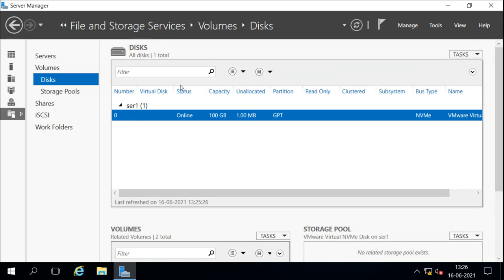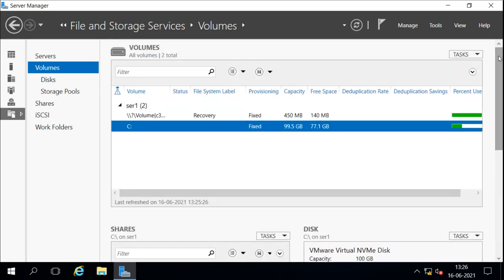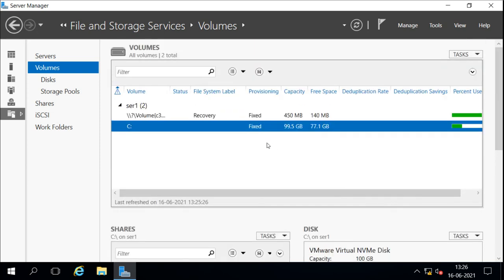For example, suppose we have these volumes here, we have C drive, and all the available space is used. We can see the disk has already allocated all the space, no space is remaining in this disk. So if you want to create a new volume, there is no available space. So what we can do is shrink it, just like we did in disk management. We can do it here also.